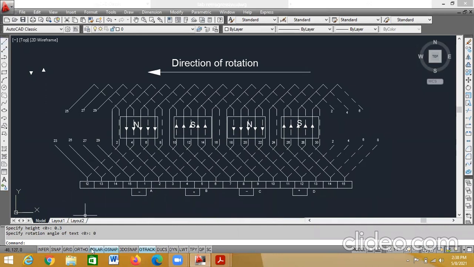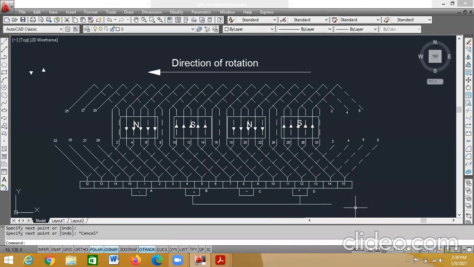Now you can join. Switch on the ortho, take a line from the midpoint of this positive, and join it. From here to here, you can join. Midpoint of this, you connect it to. See, it will not take, it will take only the end point. So at that time, you can take polar and try to draw the line.